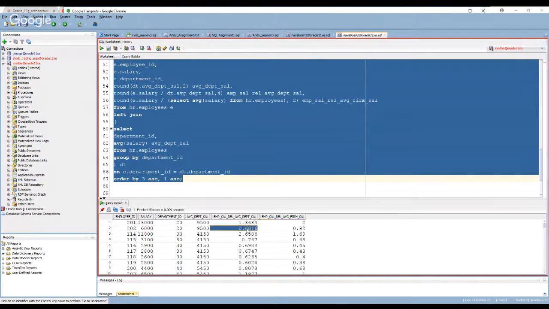Now, this person can come to HR and say, hey, I'm being paid 63% compared to the average of the salary in my department. Then HR can come back and say, well, you're making about 92% of the average salary within the firm, so you don't have any problem. And they can go to court and argue these numbers, in terms of whether the firm is mandated to pay close to the average salary within the firm or within the department. And the legal guys can figure this stuff out.